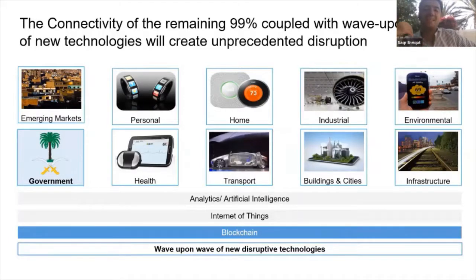We can see that the Internet of Things and the connected devices are everywhere, and they will create a disruption that is unprecedented, right? From a personal point of view, with personal devices, for example, your iWatch or your iPhone or whatever device you use, at home where maybe you have an Alexa, in an industrial setting where now devices and sensors are more available than they were before, an environmental setting where now it's much easier to track impacts